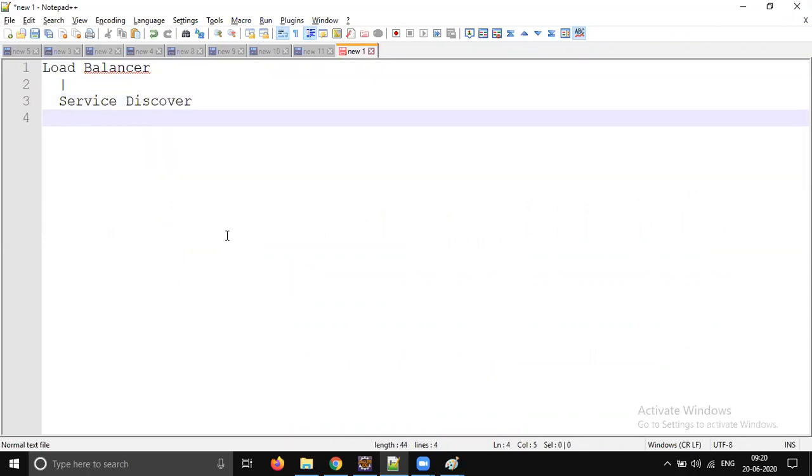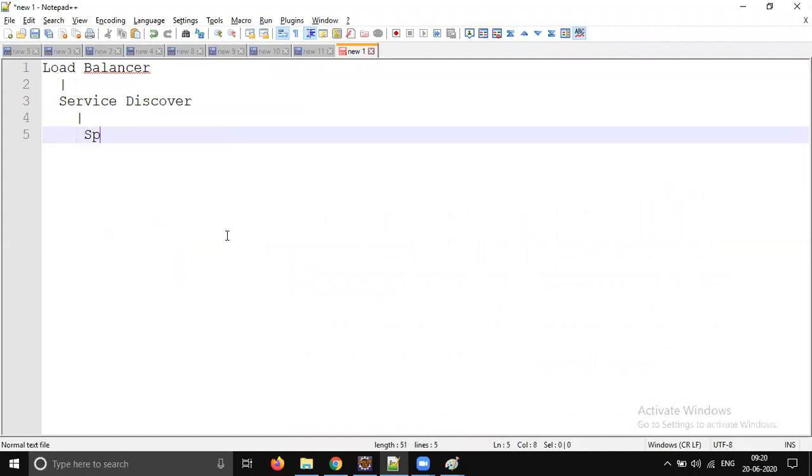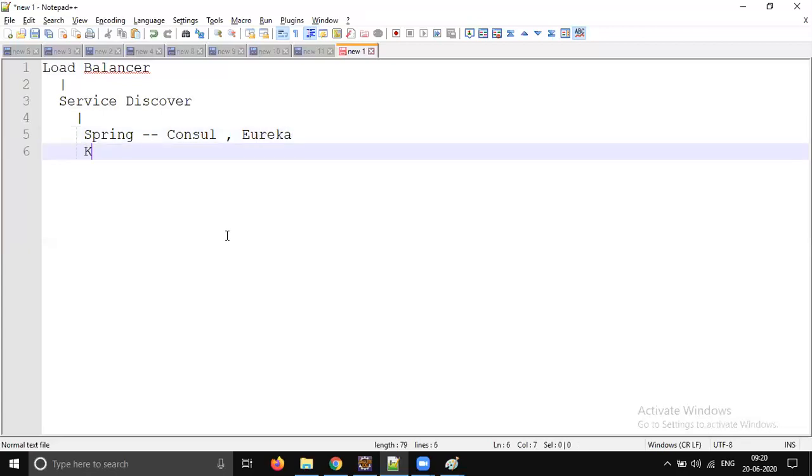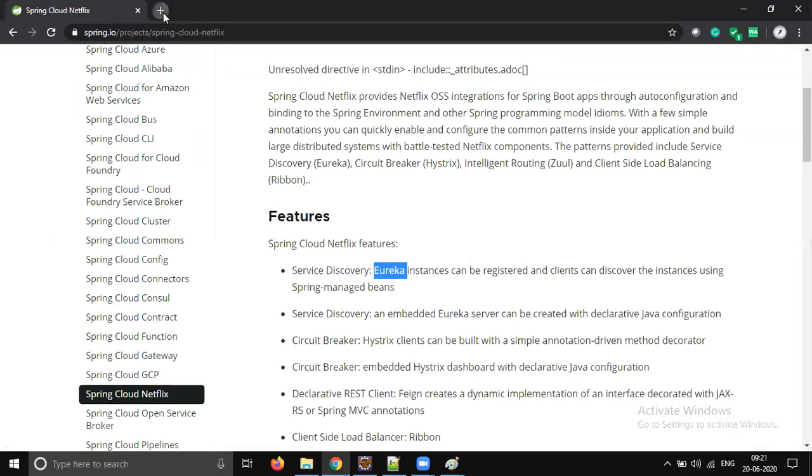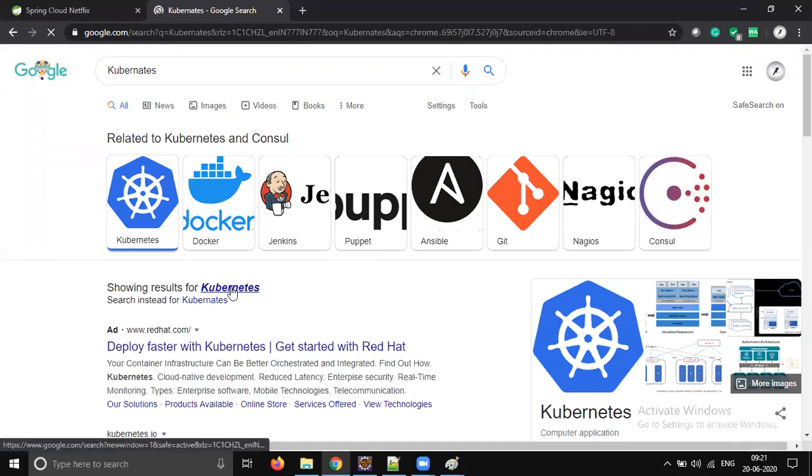And in service discovery, there are multiple service discoveries. Spring has two service discoveries: one is Consul and another one is Eureka. Right now we are at the Eureka level. Similarly, you also have Kubernetes. If you would like to take any DevOps training, ask them whether they are going to teach Kubernetes service discovery, because the future is going to be fully Kubernetes. This is one of the most booming technologies now. It is just a 6-year-old baby. Kubernetes was introduced just a few years back, 6 years back, into this market.